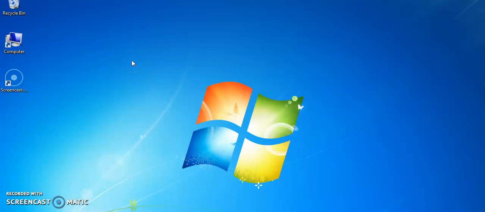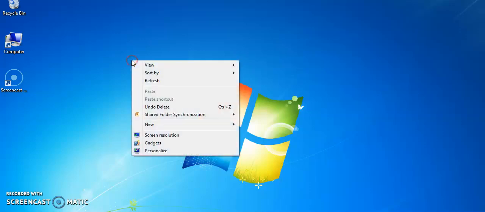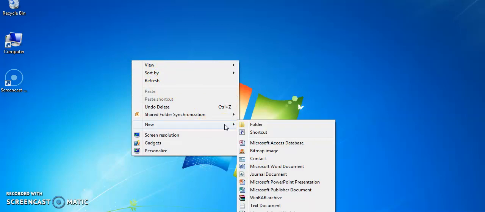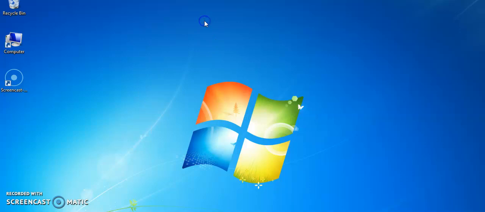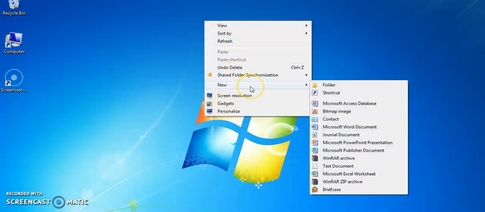For doing this practical, your system must have the Office package, and from that Office package you require MS Access. Okay, so kindly look at the screen. You need to go into New and click on this Microsoft Access database.